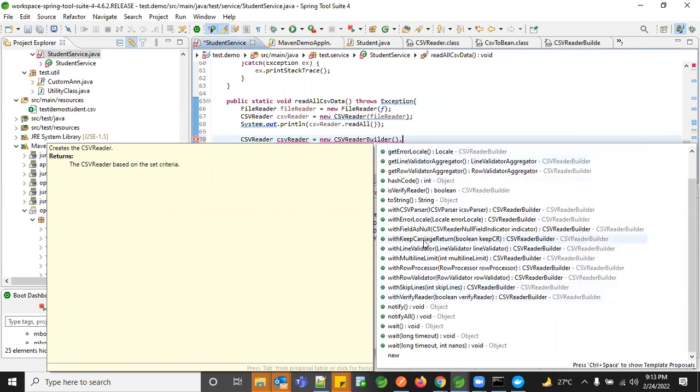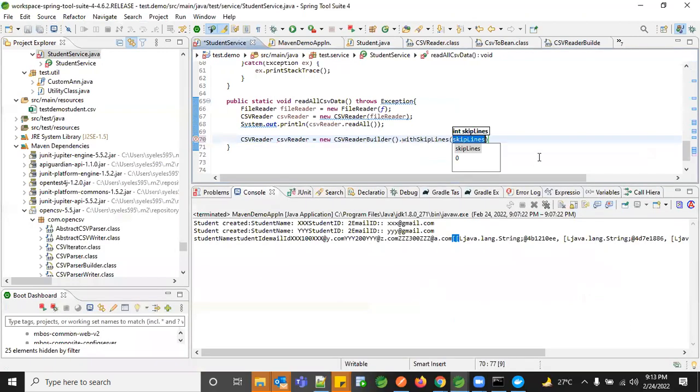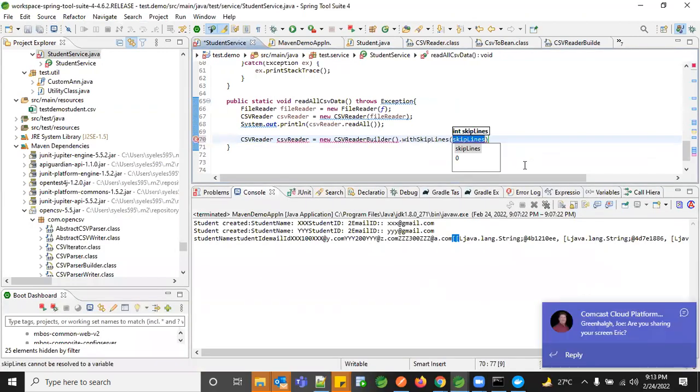So if you wanted to have a carriage return, a tab, or a next line, any kind of carriage returns, you can have them also. You can just pass that method. If you don't want them, you can give it skip lines, and specify how many lines you want to skip in your structure.